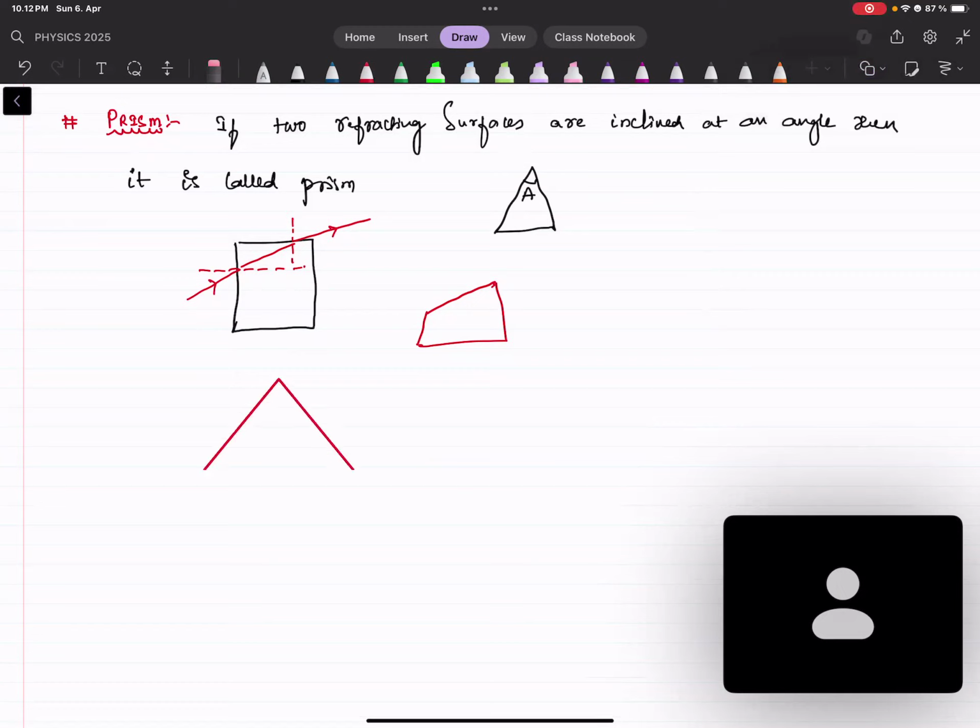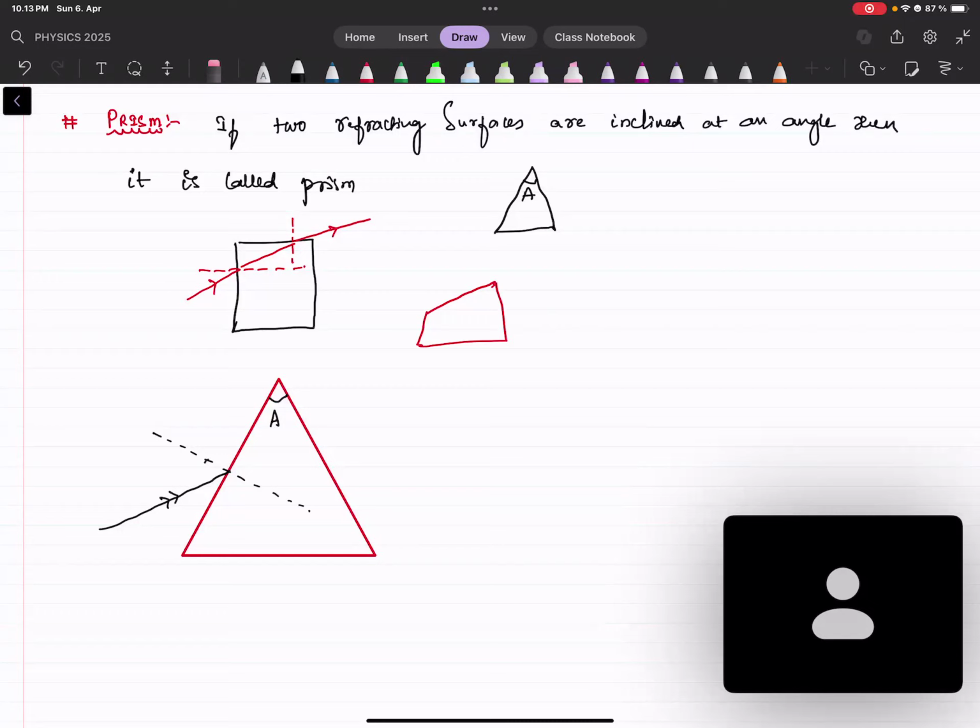Let's see. If I talk about a triangular prism like this, okay, this will be the angle of your prism. That is nothing but A. When a ray of light is incident on this one, this will be the normal. Rarer to denser. This is your angle of incidence I. It will bend towards the normal. Again, from here, if the ray of light is incident on this one, denser to rarer, it bends away